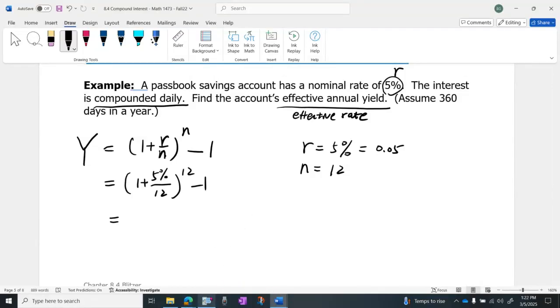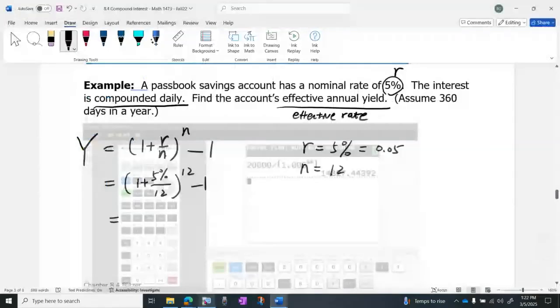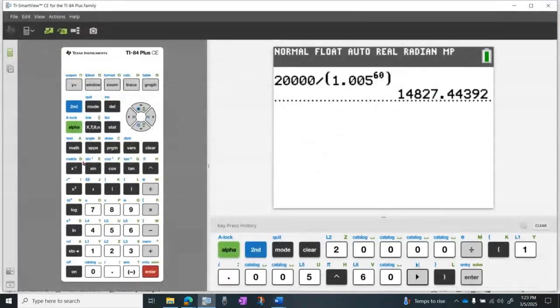I'm going to use the TI-84 calculator. I like to play like this. I'm going to enter the whole expression in the calculator. You don't have to, it's just one option. I like to play with it. I start with the